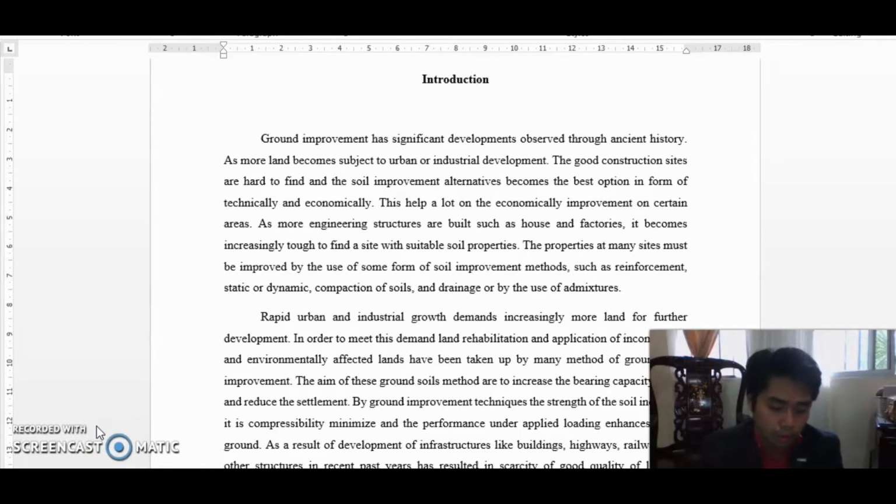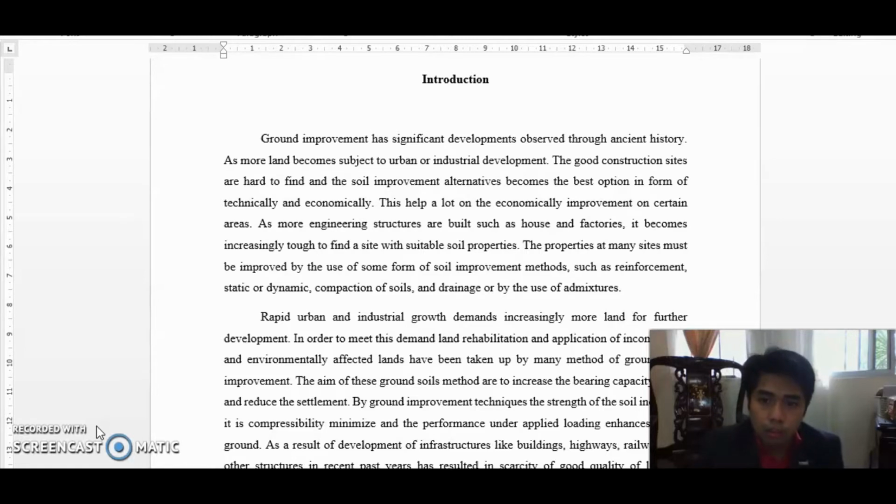CF1800A. So I will discuss two things, which is the introduction. Ground improvement has been developed also through Asian history. So this kind of soil improvement is the most crucial part. Please consider when we have to build some buildings, we need to make sure that soil failures can be diminished, or the risk minimized.